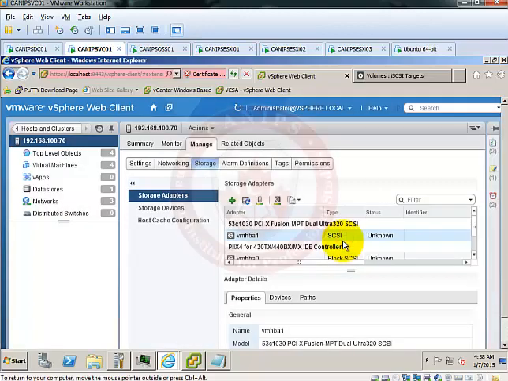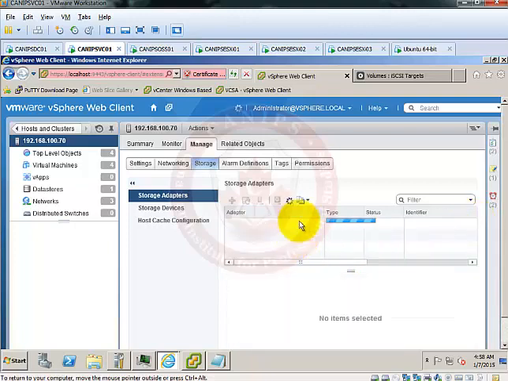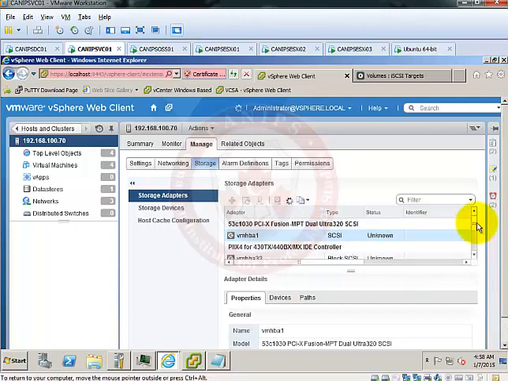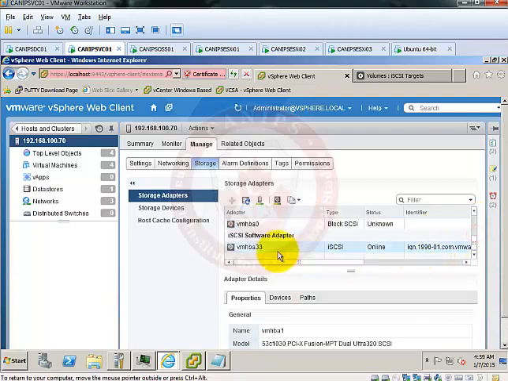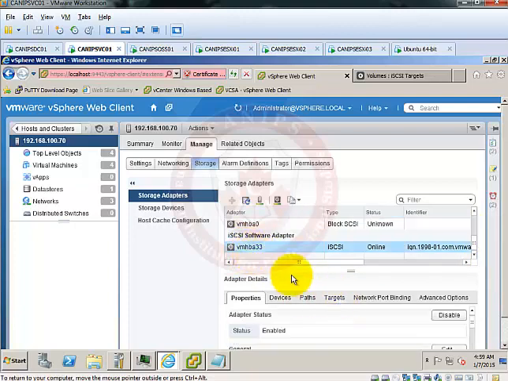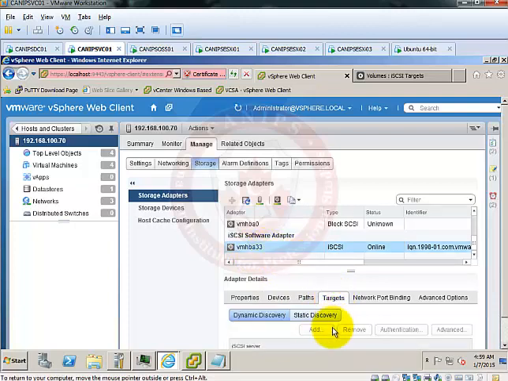Once it is added, so make sure it is here. It is still not, and it is now added. So here it is. Here is the adapter. Once the adapter is there, the second thing, select the newly added adapter, go to targets,